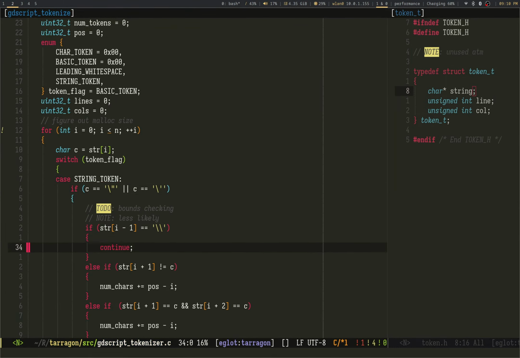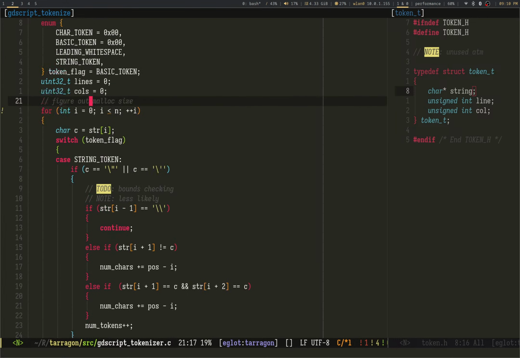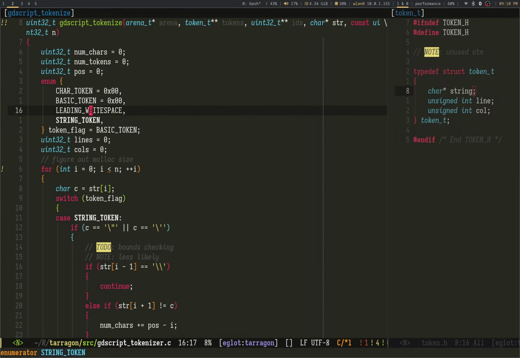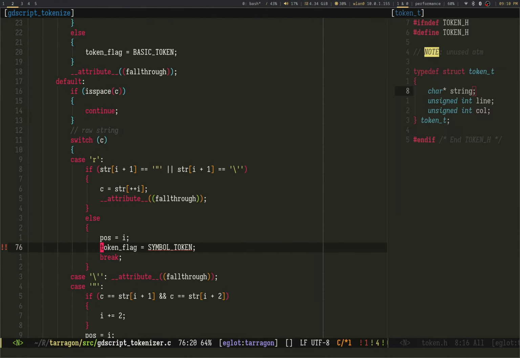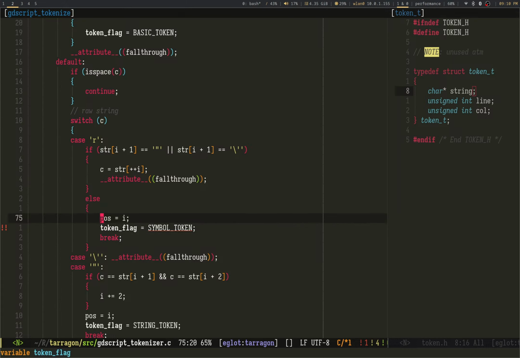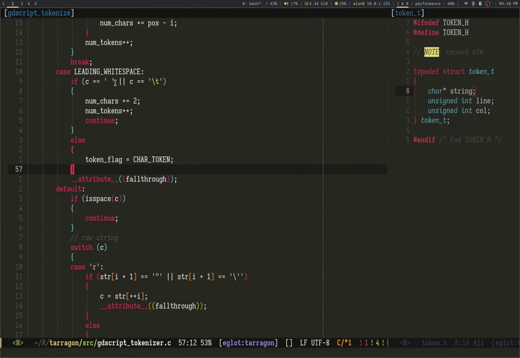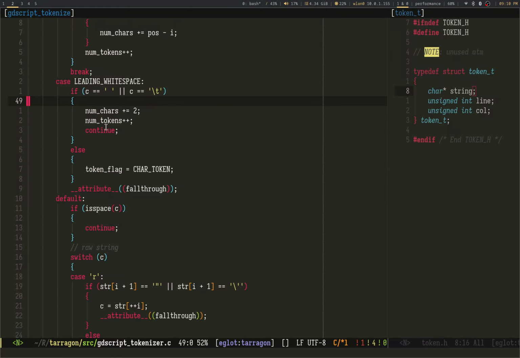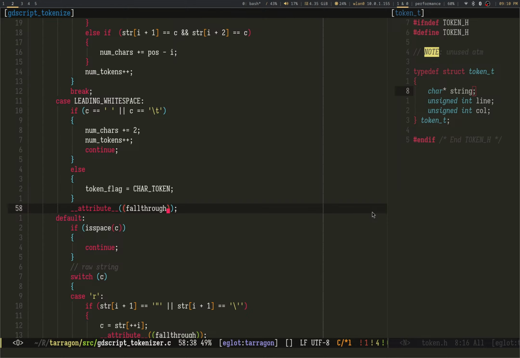Don't need that. Basic token, case, leading white space. String, linear, straight, basic. Just kind of delete that. And I should put this. There's not going to be any case.